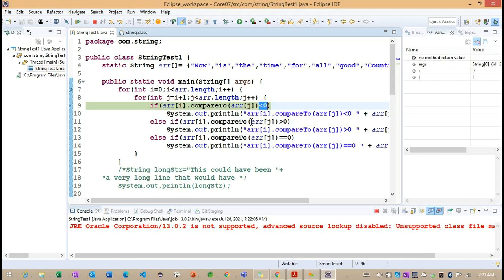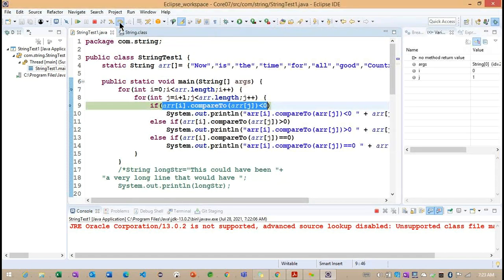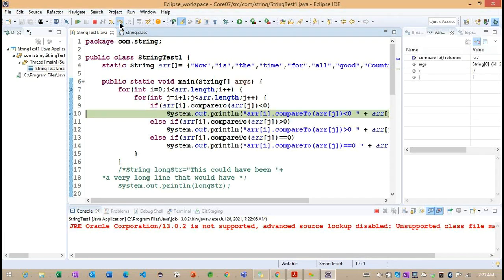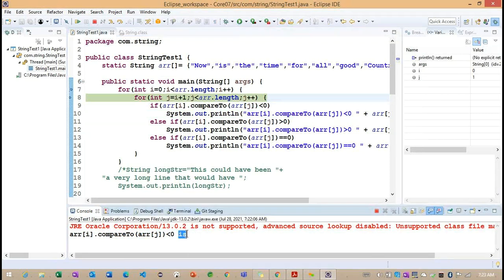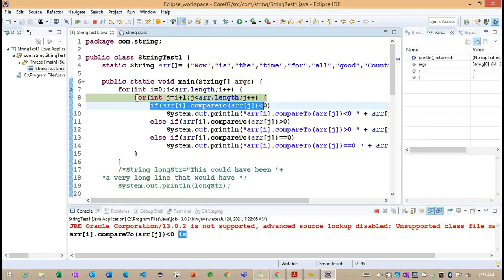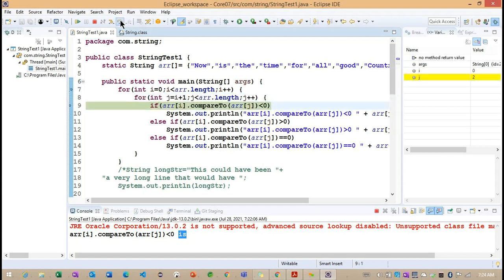Now this is very important. If it is less than 0, the entire expression is satisfied. Now you can see the condition returns true. If the condition is true, we'll enter the particular block of code. Observe here. What string message do we have? That is called "is". So we are trying to print "is". Now the condition is satisfied, and again it moves into the next iteration.